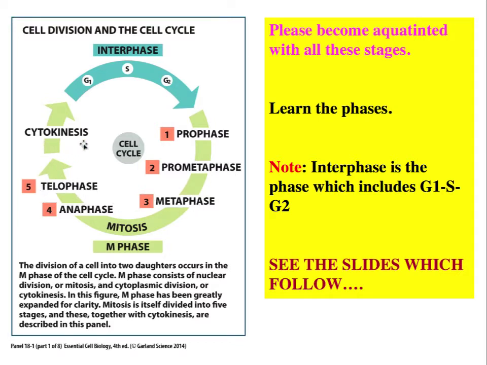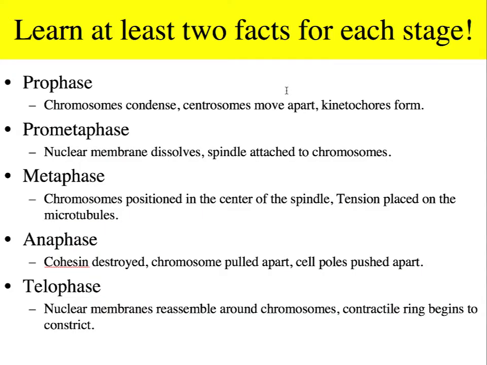Cytokinesis is not part of the actual nuclear division that takes place. It is an extra phase which sometimes overlaps with telophase that results in the production of two daughter cells. If students could learn at least two facts for each stage of mitosis, that should help them in subsequent analysis